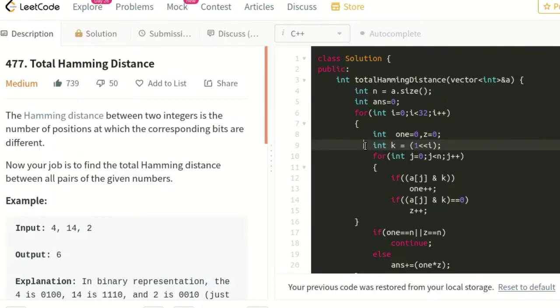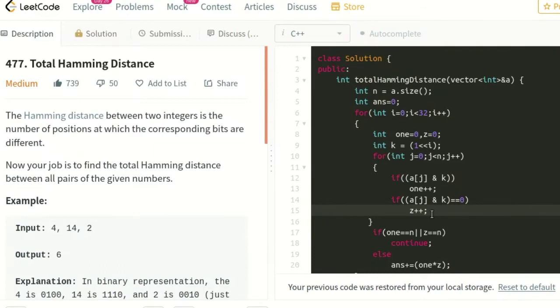So what we have done here is take the AND of the element with k, and if the bit is set, then we have incremented the count of ones, and if the bit is unset, meaning the bit is 0 at that position, then we have incremented the zero count, because if the AND of the number and k is 0, then the bit is unset.